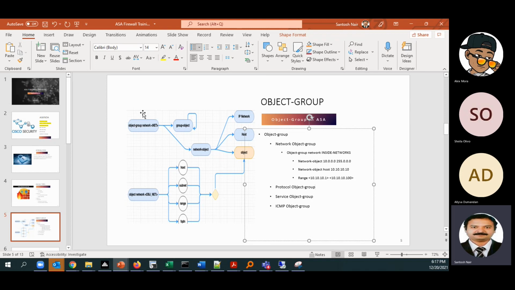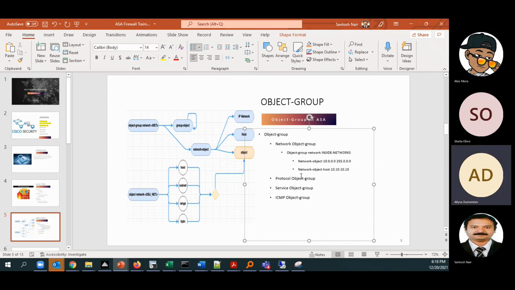Like we create production 1, production 2, accounts, facility, security, development, different object groups, and then we call these object groups into one single object group named site specific. Say if it is for Boise, we say Boise inside subnet, and we can call all the other object groups using group object. So that is for this one. Okay, this part is clear.